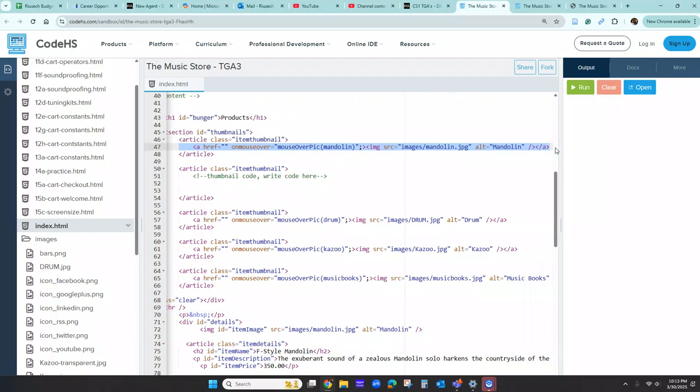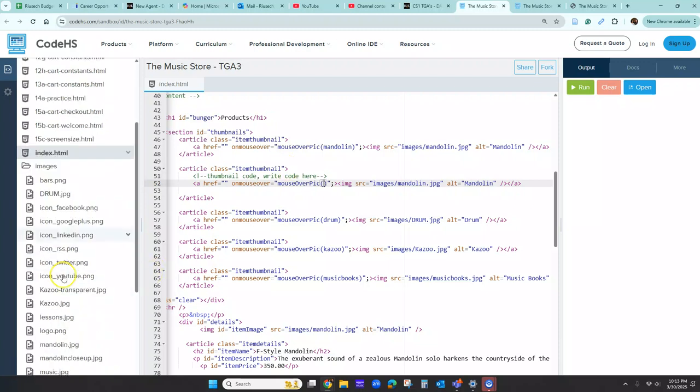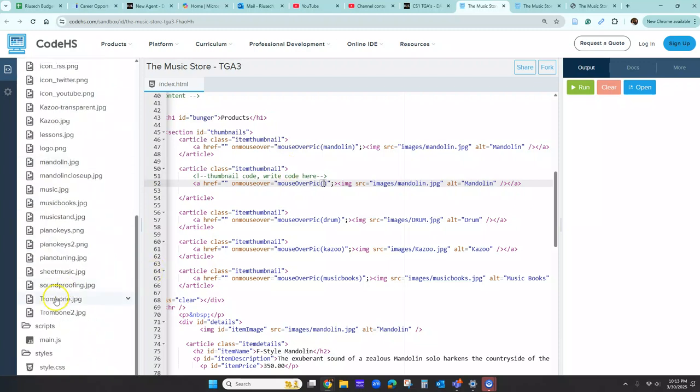Copy right there, copy, and I'm going to put it right here. And then I need to change it because I don't want the mandolin to show up when I have the trombone. I want the trombone to show up. Okay, you know what? I'm just going to check real quick and make sure that I'm spelling trombone right,